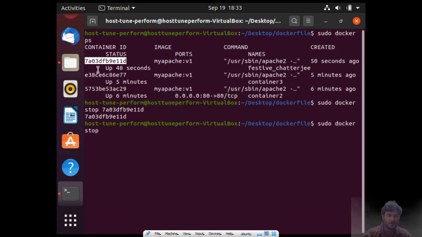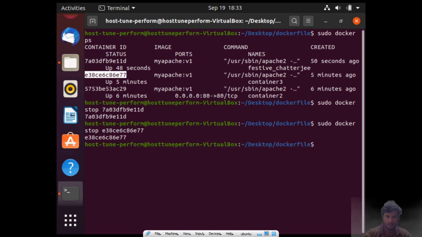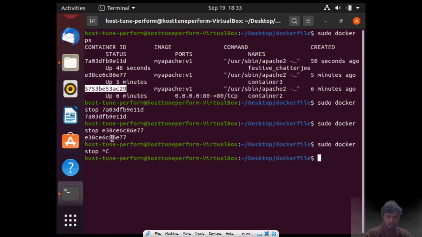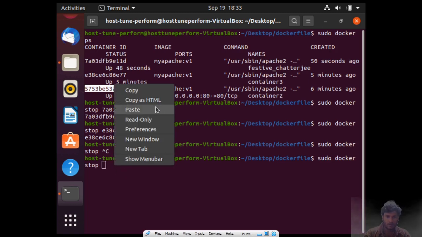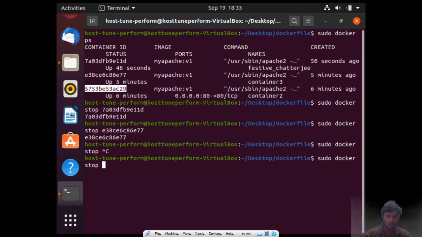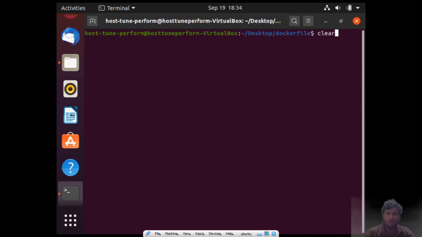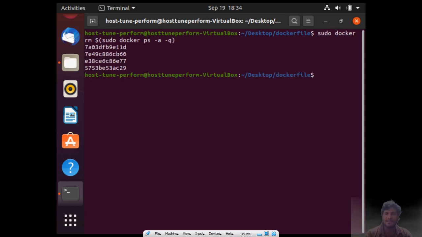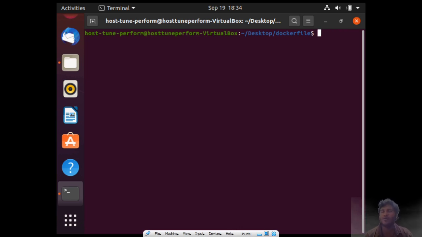Similarly, I will be stopping all the other ones too, paste, and the last one, paste. So I have stopped all the containers. Let me remove them. To remove them, we have a command rm, and this will remove all the containers. And let me clear this. So now we do not have any containers.